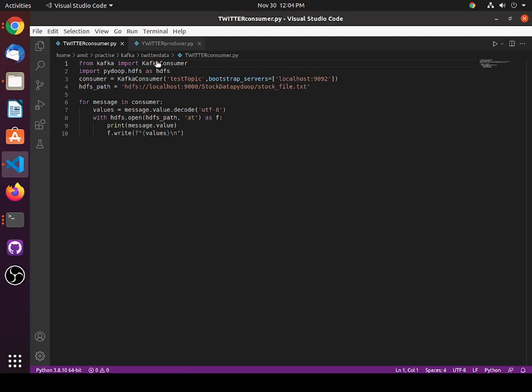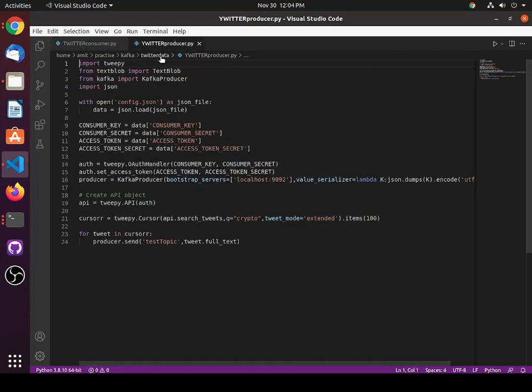In Kafka, we must have a producer and a consumer. Our consumer stores the data into HDFS, and our producer streams the data from the Twitter server and passes it to the Kafka broker, and then the consumer subscribes to the same topic and consumes that data. This is the process happening in Kafka.